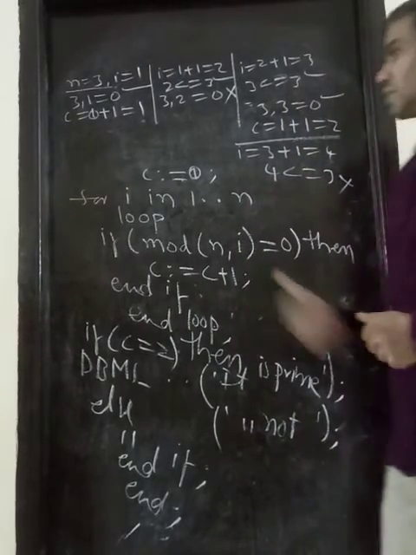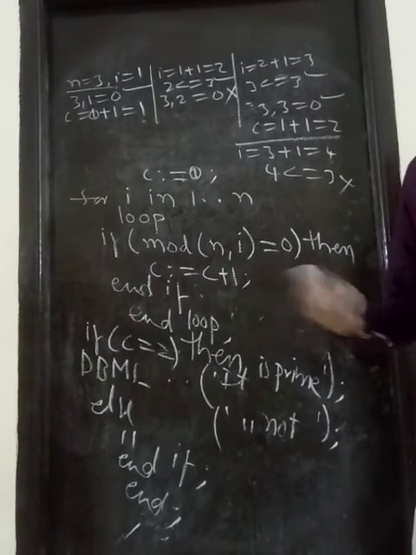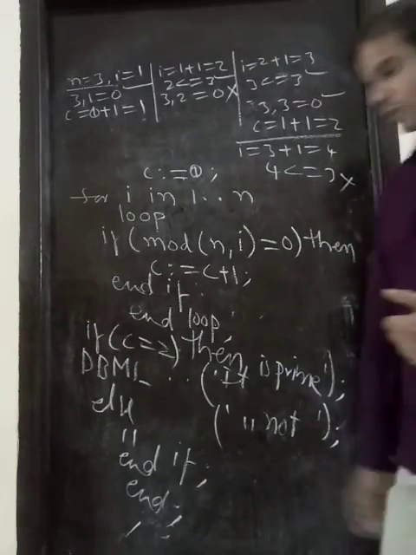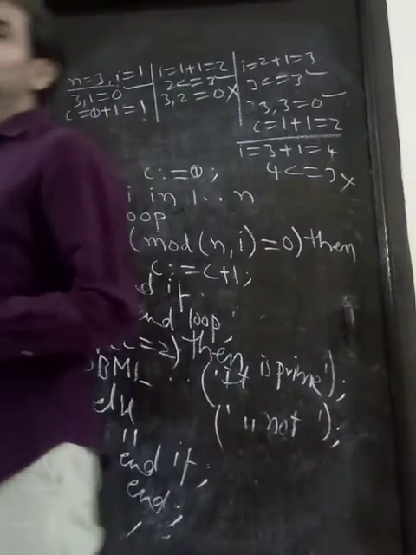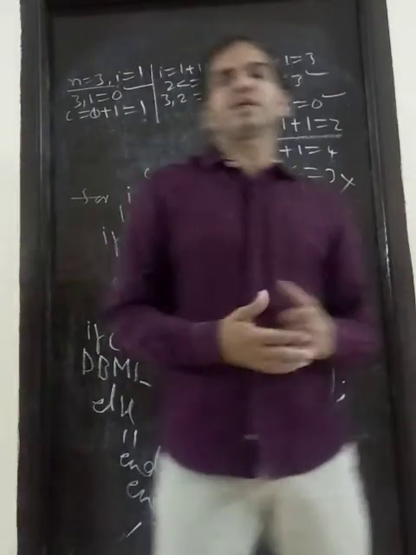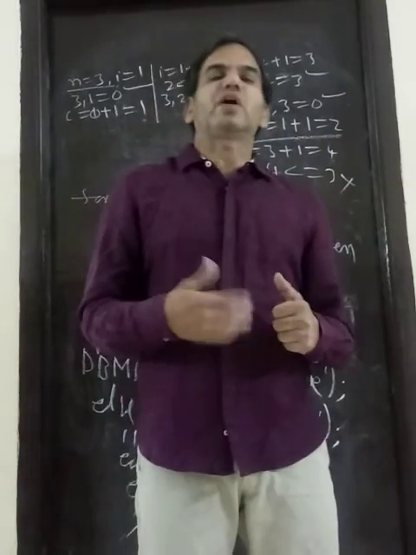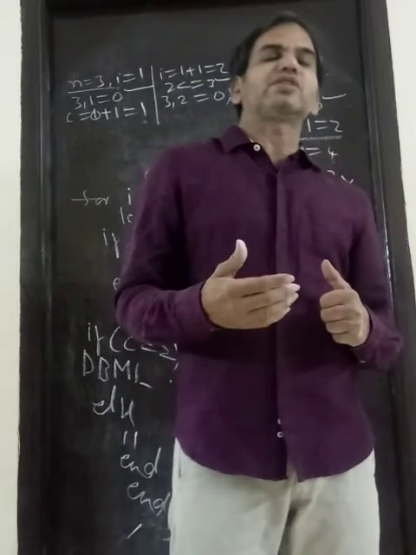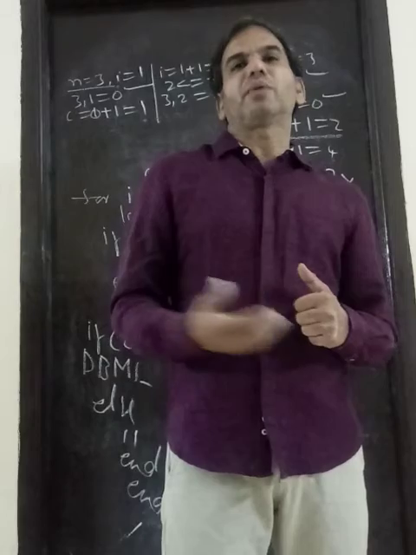Okay, so this is a for loop program. You take any program, every program we can perform with the help of a for loop. Okay, and next is else if. In the previous class, in conditional statements, we did not discuss the else if ladder. So now we'll see the else if ladder syntax, and a program also we'll see.